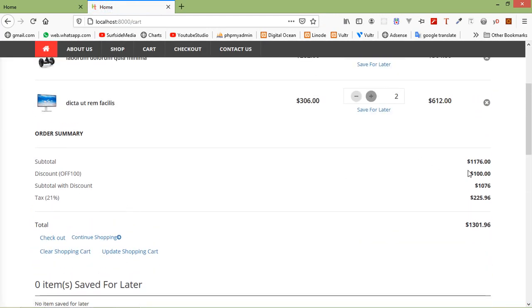And you can see here the coupon has been applied. You can see here the subtotal and the discount of $100. Okay, and inside the subtotal, you can see after the discount, the subtotal is 1176, and after the discount you can see the subtotal value is this. Okay,